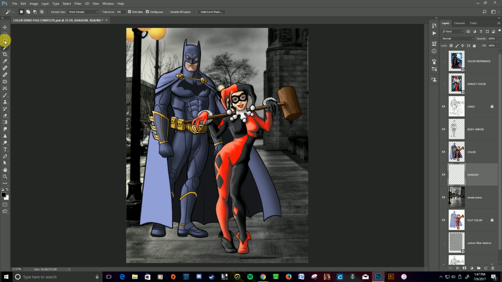I'm going to use a lasso tool. Now, the shadows are going to come from their feet, is probably the best way to think about it, and the cape's casting a shadow too. So don't worry about getting it exactly right because you can't tell exactly what it's going to be. You can kind of guesstimate a little bit. And I know the shadow is going to be coming out low and in front of them. And actually, I think the shadow from Batman, well, it might cover her, it might not. So I'm going to go back up to her feet, and then I'm going to say there's the shadow from his cape,